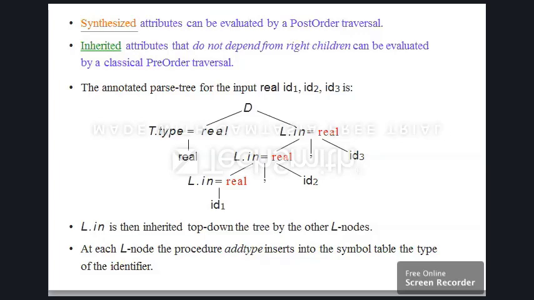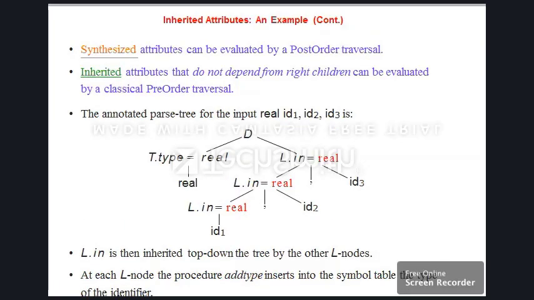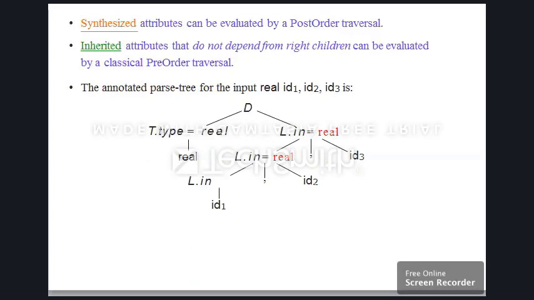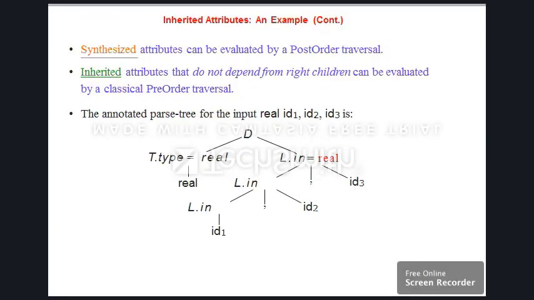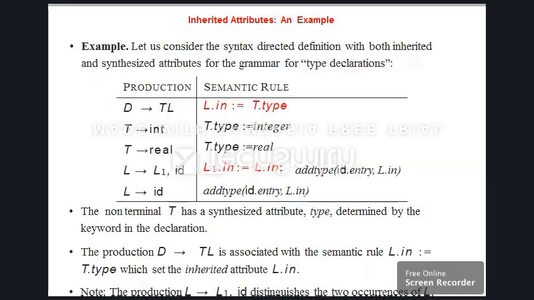So in this way, we have seen synthesized attributes and inherited attributes. We have seen S-attributed definitions and gone through inherited attributes, which depend on the previous set of instructions given for the input.